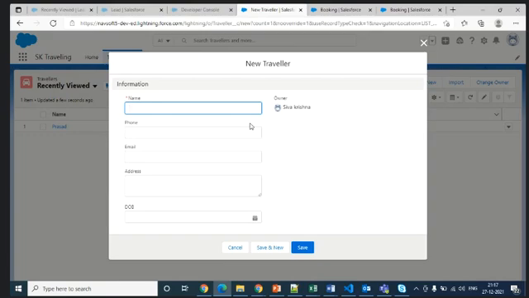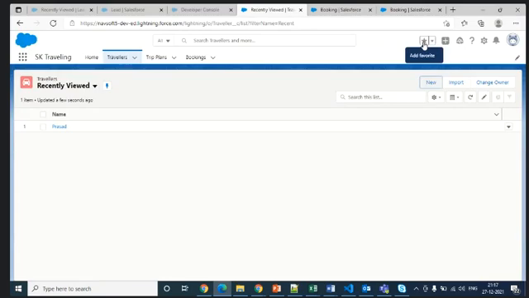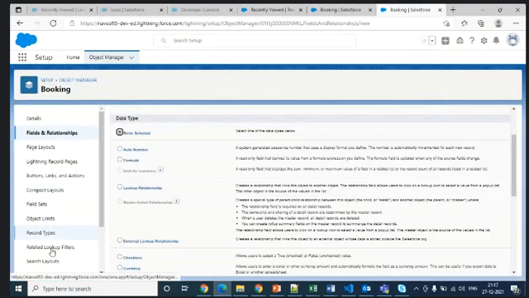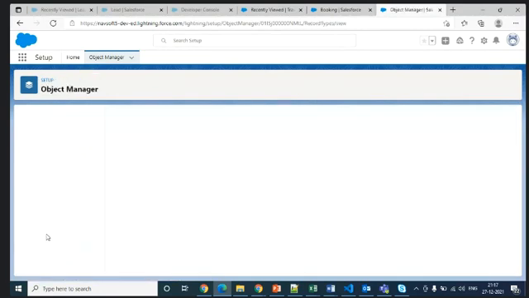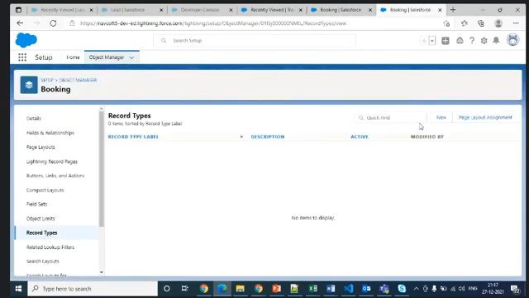If you want to get that, you have to design the button record type. So where can you go and create a record type? Come to here, click new record type.